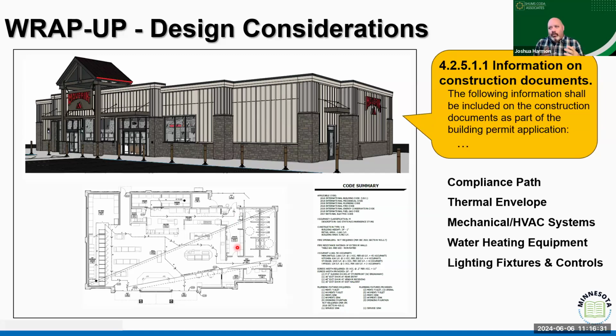So again, evaluating where and what is within the different elements of the building thermal envelope is a critical component that drives the conversation about how do we properly ventilate, how do we properly heat and cool that space, and then again, what types of lighting fixtures and controls are we putting into a building? Because again, those are going to be calculations that really drive energy consumption.